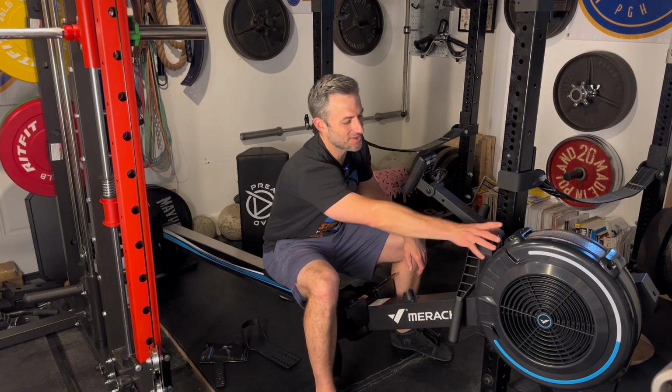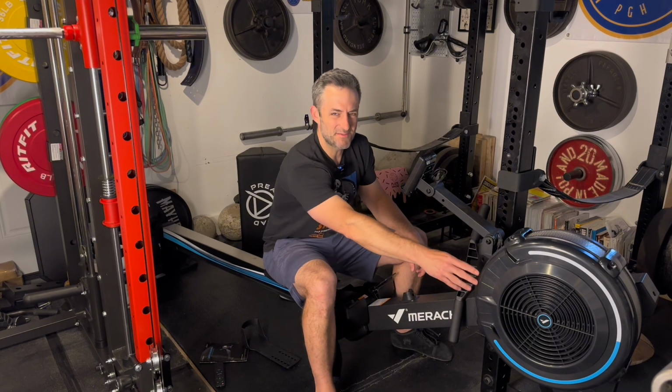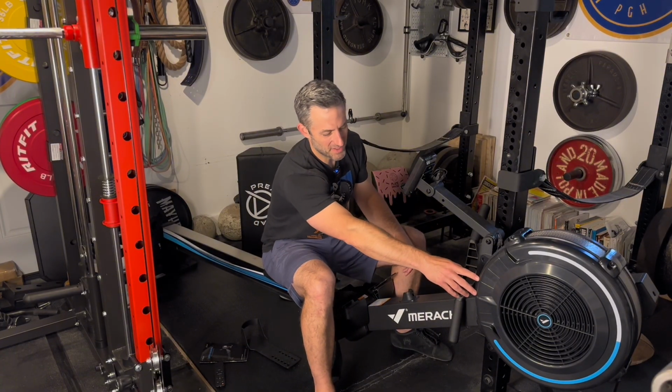And then this whole housing is a hard plastic. At first I was a little bit concerned that, oh man, this seems like the type of hard plastic that, I mean, I have 4 kids. I'm used to plastic products and toys and things getting broken. And I thought, geez, one bad hit and this thing's gonna crack in half. Well,